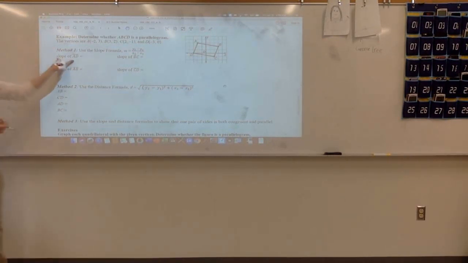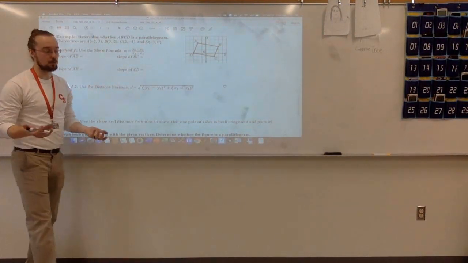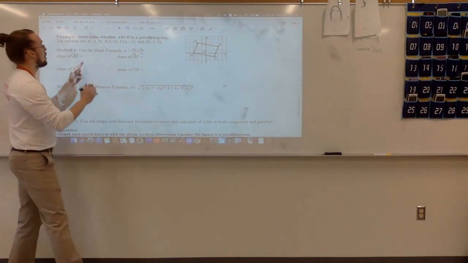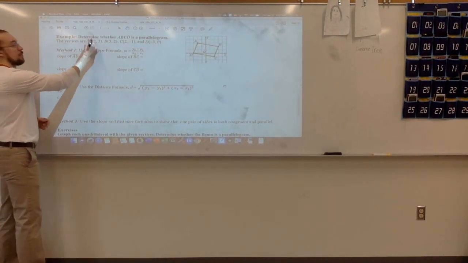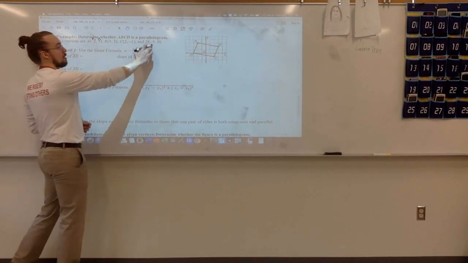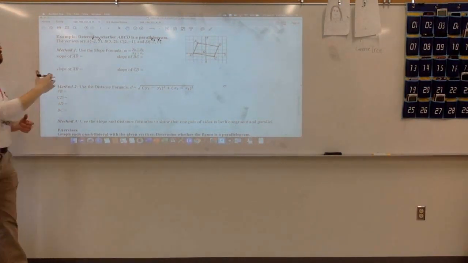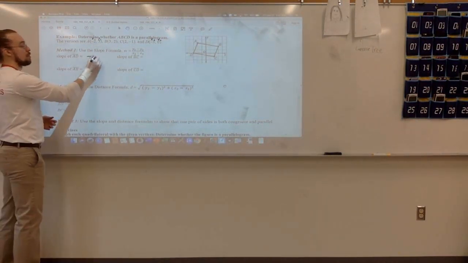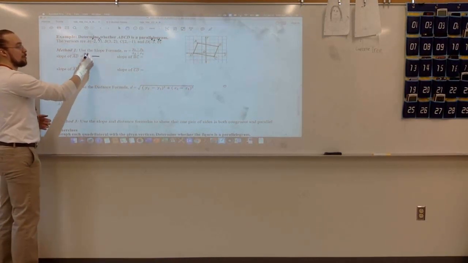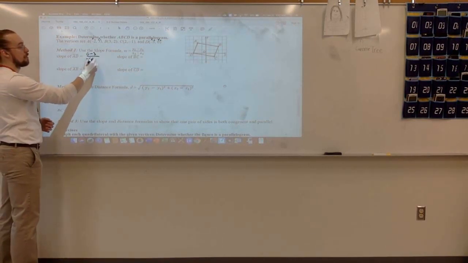Okay, so we've got our potential parallelogram graphed over here. We want to just calculate the slopes. So if I want to use my formula for AD, I can make this x1, y1, this x2, y2, and then plug that into my formula to find the slope of AD. So y2 minus y1, 0 minus 3 over x2 minus x1, negative 3